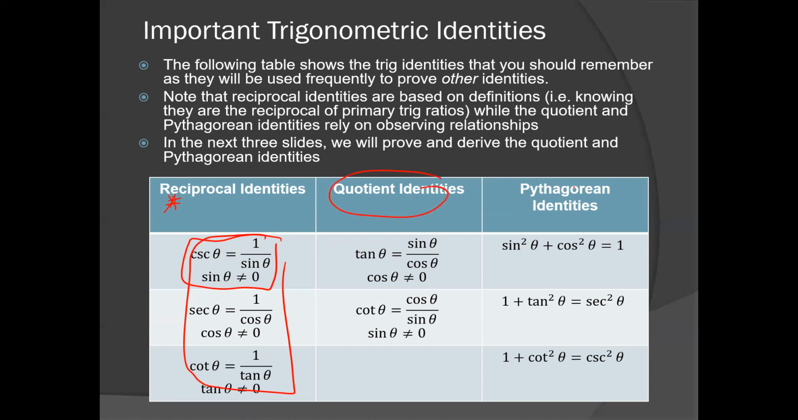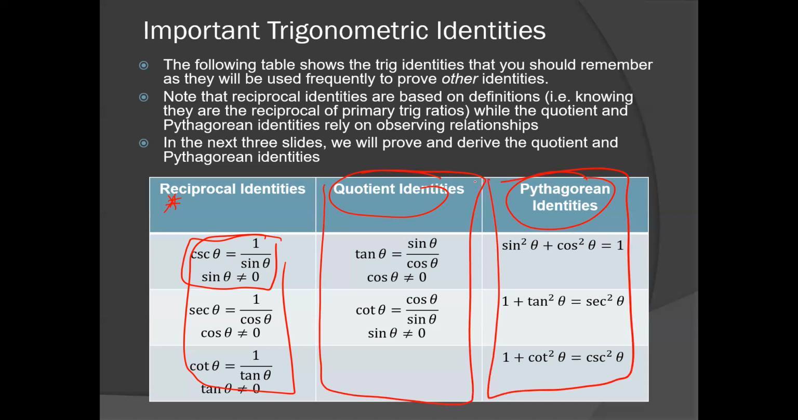These two sets of identities right here, the quotient identities and the Pythagorean identities, these are extremely important, extremely important. And these do not necessarily stem from a definition. We actually have to do a little bit of work to derive them. Now, I don't know if I will necessarily give you a question on the test where I ask you to derive these, because this is a little bit more standard. But again, I recommend that you understand it well, because